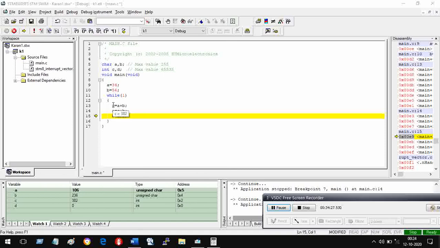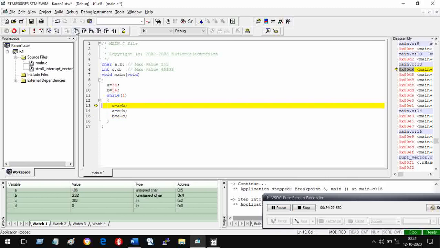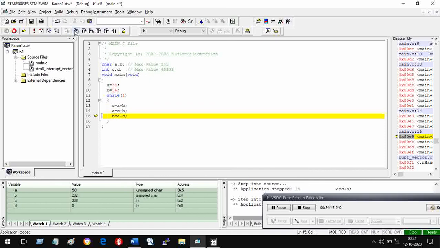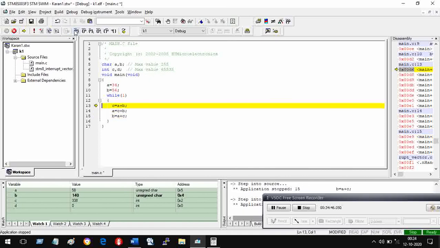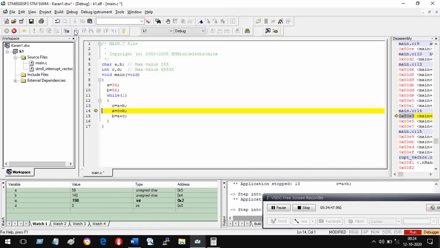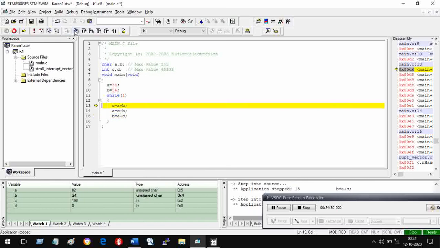So it will come here. Let us see that. It has come here, see. So after executing this, it has gone up. How do you know whether it has executed it? It has to, but you can verify it with the help of numbers. Then again, one step, and it has gone up. One step. As soon as it finds the bracket, it goes up. This is how the while instruction is executed continuously.